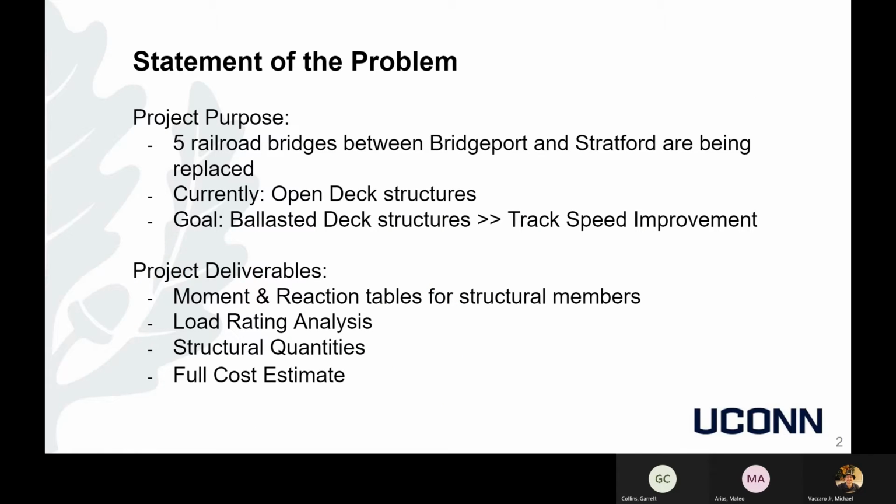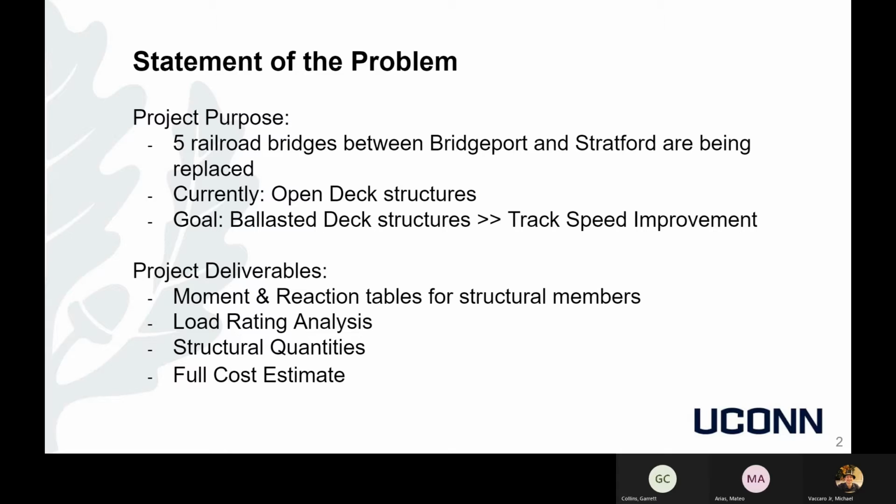So to get into it, currently there are 5 railroad bridges located between Bridgeport and Stratford that need to be replaced. All of these bridges are over 100 years old. Currently, they're all open deck structures. As I just said, these are very outdated. Their goal right now is to replace these with ballasted deck structures as a part of their track speed improvement